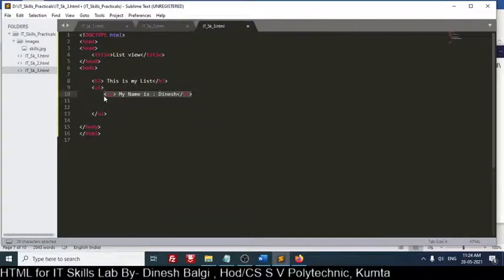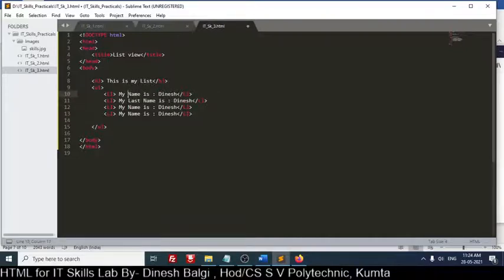I will use a tab to bring it to the normal position. You can use the tab button on your keyboard. My name is, here I will use surname.